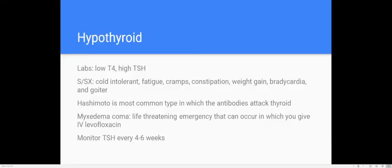So the thyroid. First up is hypothyroid, which means your thyroid's not working as well. Hypo meaning underperforming, and hyper meaning overperforming. You really need to know those key words, hypo and hyper, for pretty much every disease state, because there should be hyperkalemia and stuff like that. So, anyways, labs. If you're doing a lab with someone and you see a low T4 but a high TSH, what's TSH,